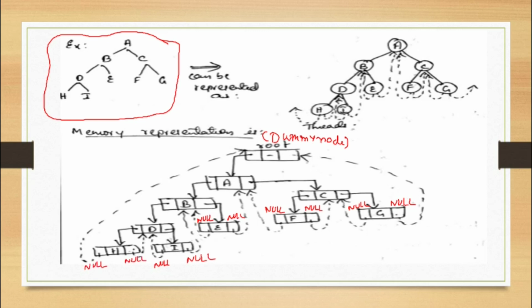So a lot of space is wasted, students. This is what they are referring to. Now you need to point these pointers to some other nodes so that memory is not wasted. How do you do it? Wherever there is a null left child, except the first one, all the other left pointers should point to the in-order predecessor.